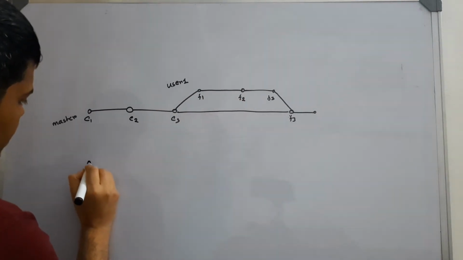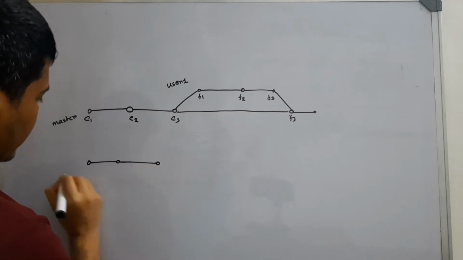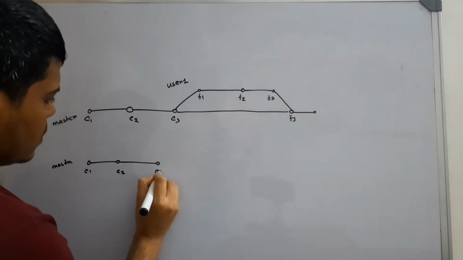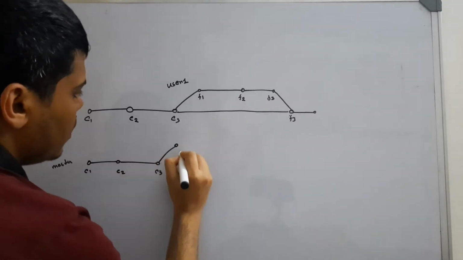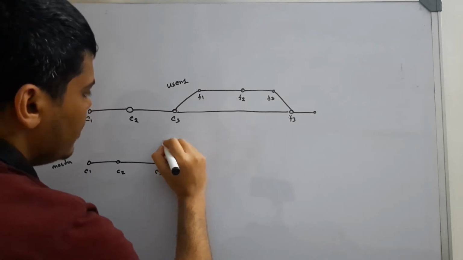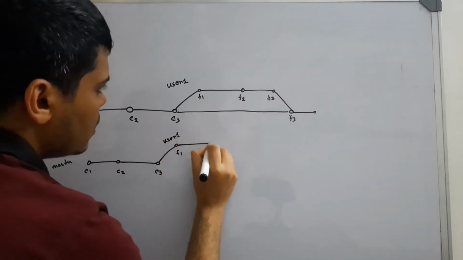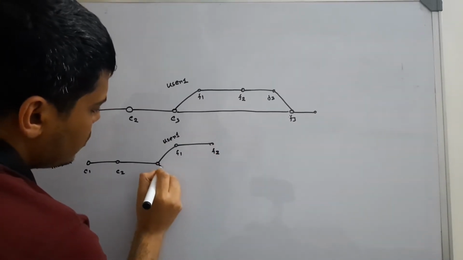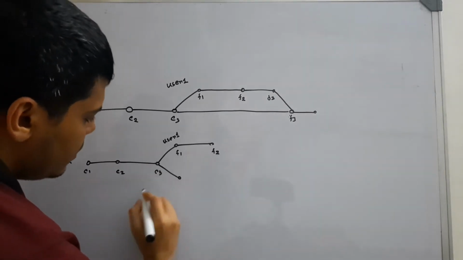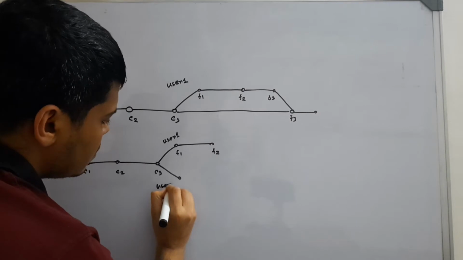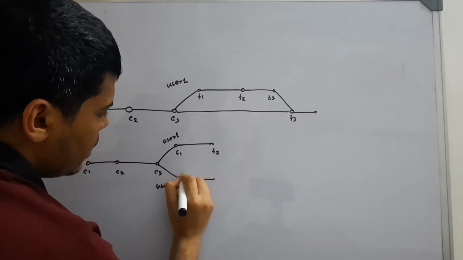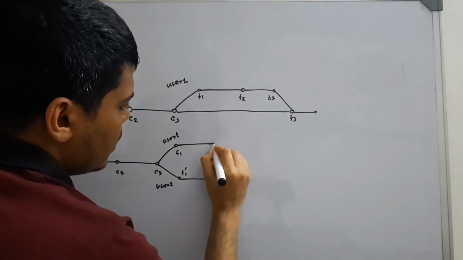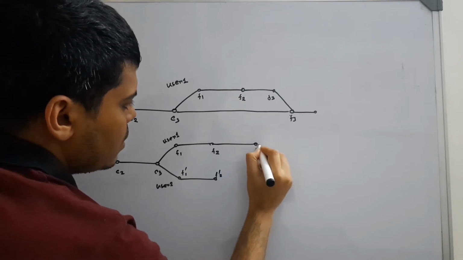Let's say people are working on the master, C1, C2, C3 commits. Then user 1 started working on a feature and made commits F1, F2, and meanwhile another user came and also created his feature branch and is working on a different feature. So let's say user 2 is making commits like if-1, if-2, and here he is doing if-3.